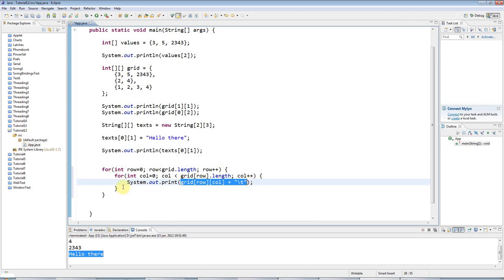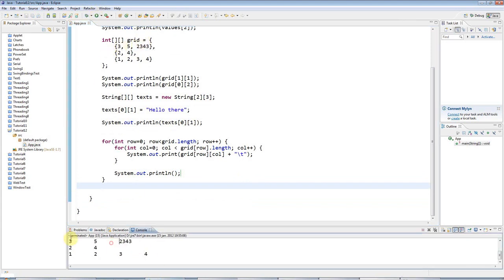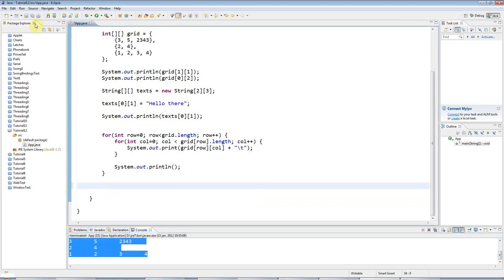And then after each row, so within the outer loop and not within the inner loop, I want to output a new line. So I can just output an empty System.out.println. And this is quite complex, but just play around with it, look at the code, try and change it, and you'll soon get the hang. So if I output that, it's outputting my grid of numbers here, nicely formatted as here. Okay, I mean that's about it for